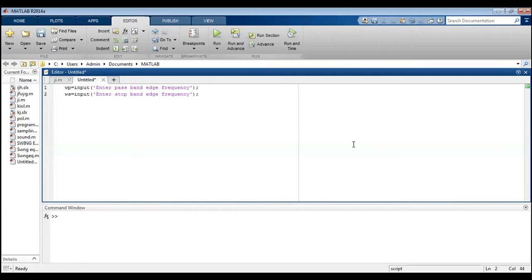s_k, which is equal to 1 with an angle of theta k. Okay, so we know what theta k is equal to: pi k by 2n plus pi by 2. This is the formula. We know how to use all those things in a theoretical calculation also. Use all those calculations, then use your Butterworth filter formula for finding out the order of the filter, and please let me know what is the order of the filter.